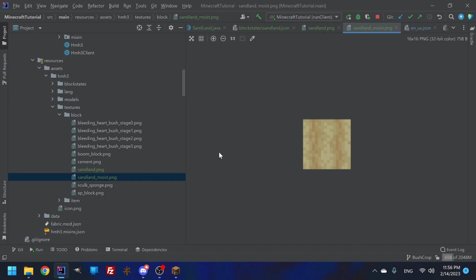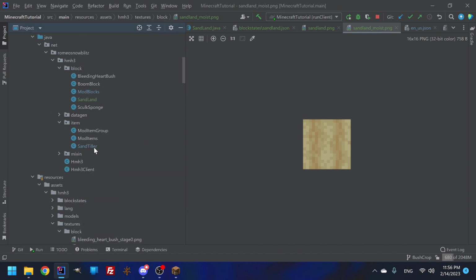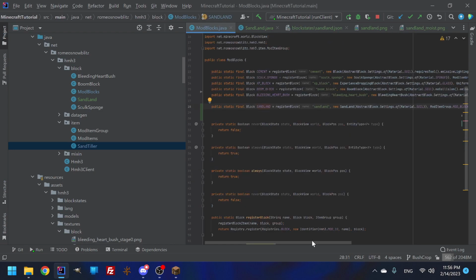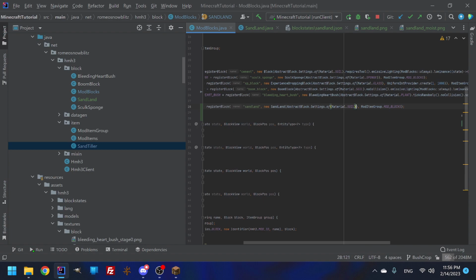All right, now that we have these textures in, let's go into our item, sand tiller, and we are going to go down and we want to change this to mod blocks dot Sandland. And let's go into the Sandland in the registry, and there is one very important thing that we are going to add called dot ticks randomly. Anytime you have a block that changes states because it has ticks on it, you need to put this on there because without it,